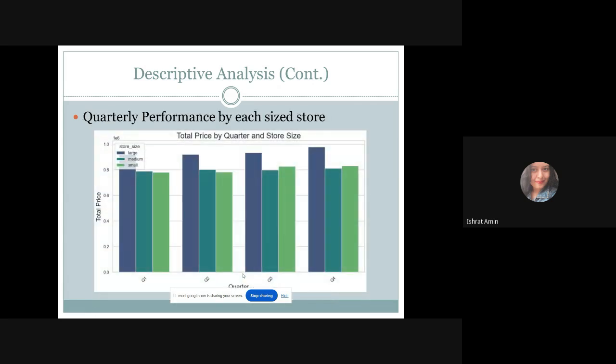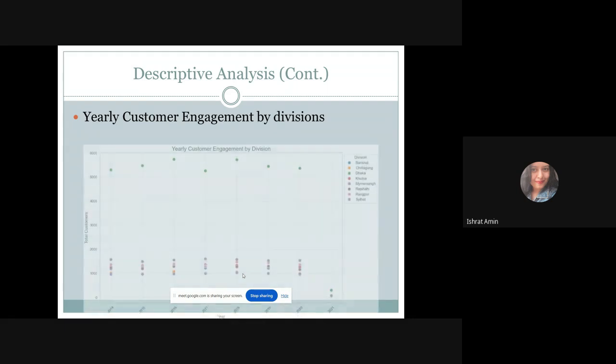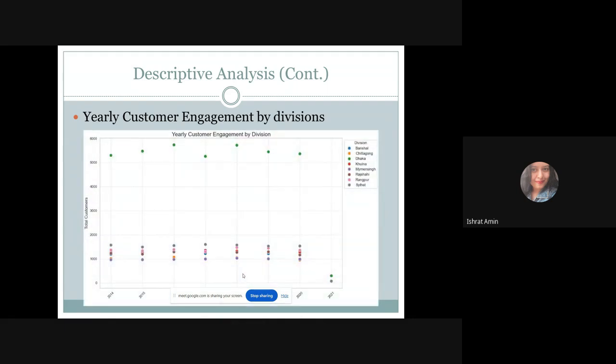From the quarterly performance of each store size, we can see that the large-sized store performs well in each quarter compared to the other sized stores. From the yearly customer engagement point of view, here also Dhaka does really well, and the least performing division is